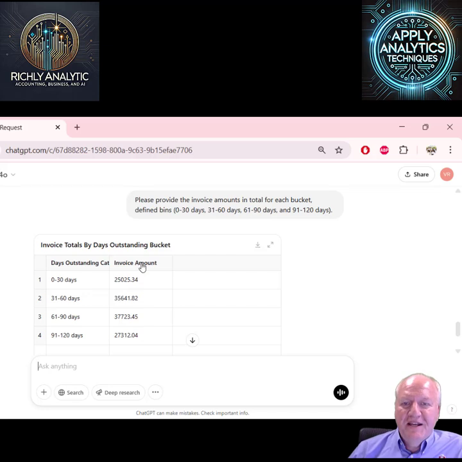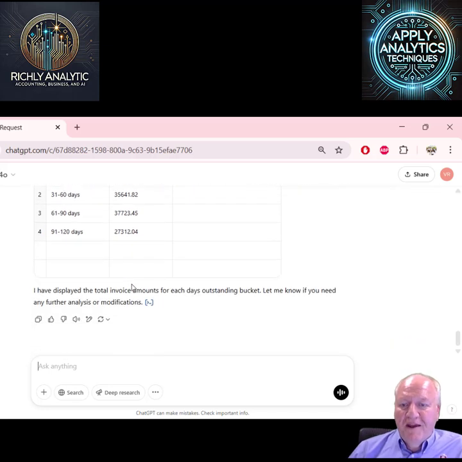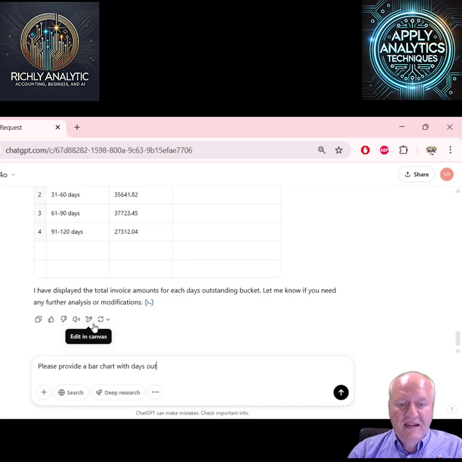So we can kind of see the number in each group, and we could certainly provide a histogram now. So if we do a visualization, we could ask it to output. Let's go ahead and say, please provide a bar chart with days outstanding and total amounts.